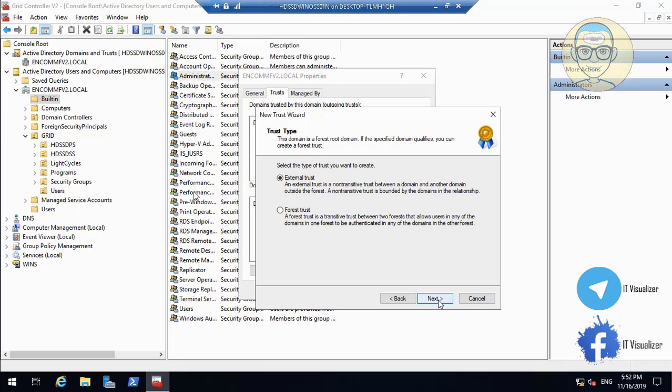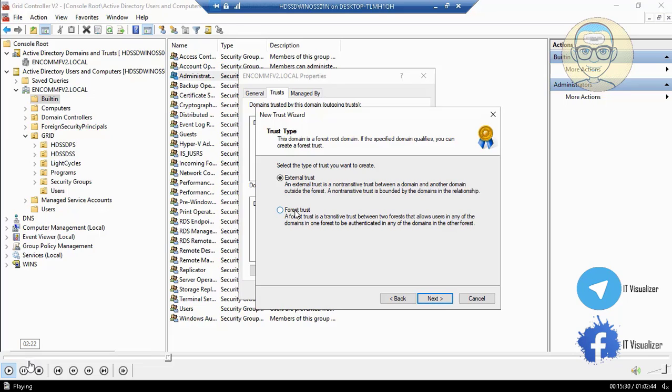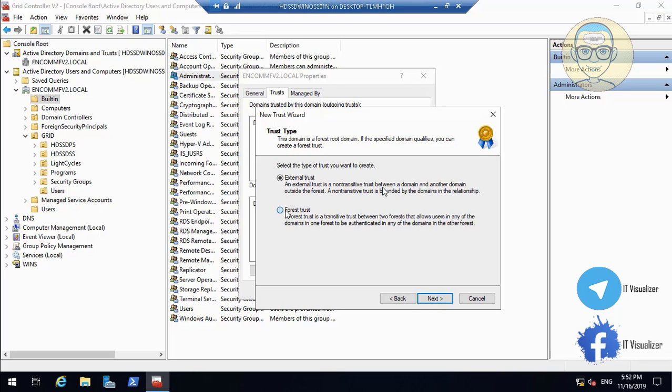And then it's an external trust. What do you mean by external trust? It is a forest trust, it's not an external trust, this is a forest trust. It is a trust between two Active Directory forests. The external trust is a non-authoritative trust between a domain and another domain outside the forest. Okay, we will use the forest trust anyway,